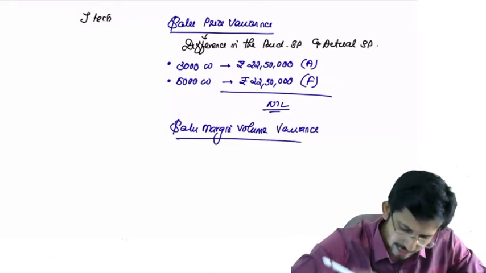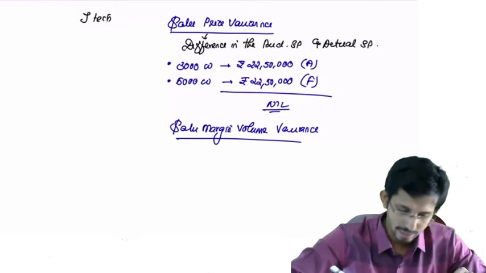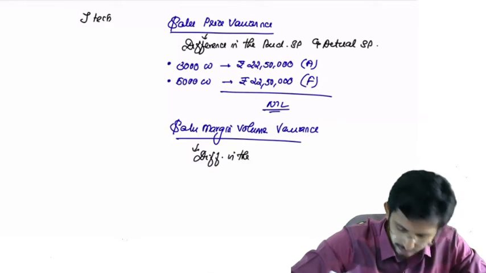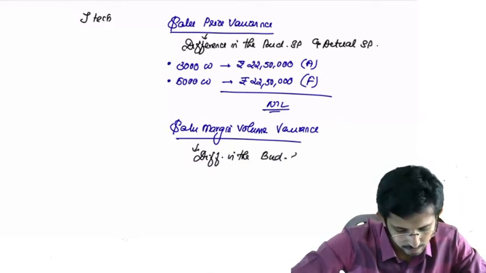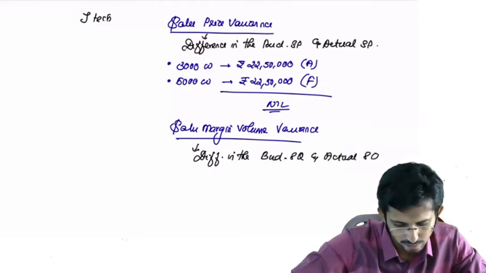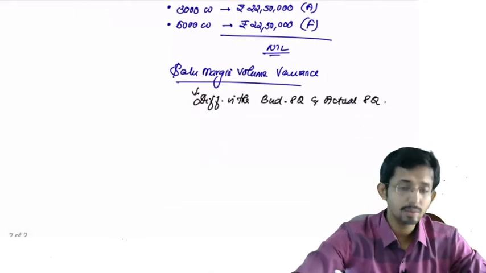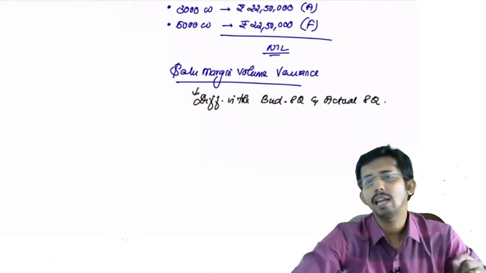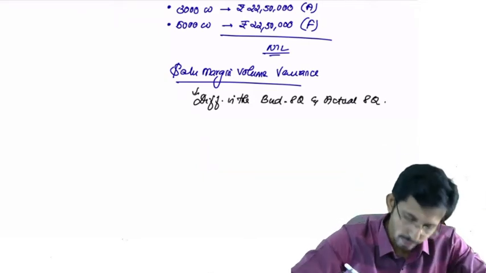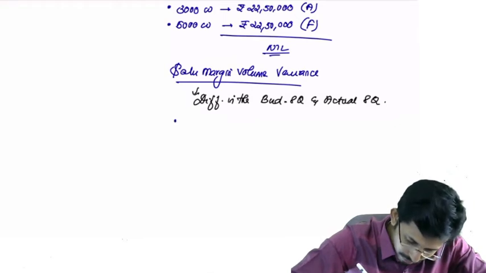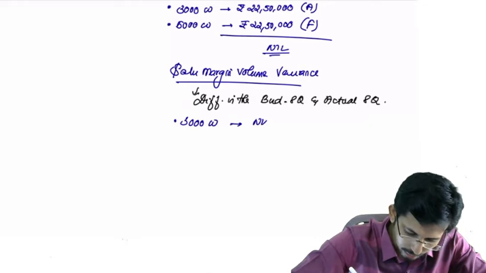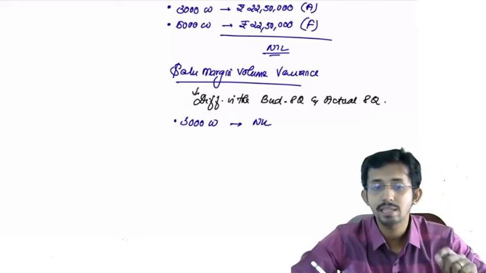Okay. How does the sales volume or sales margin volume variance arise? This is the difference in the budgeted sales quantity and actual sales quantity. Is it clear? Not standard quantity, sales quantity. Now he says that unit sales of 3000 watt PMPO systems were as expected, which means in the case of 3000 watt PMPO, there is nil sales volume variance.